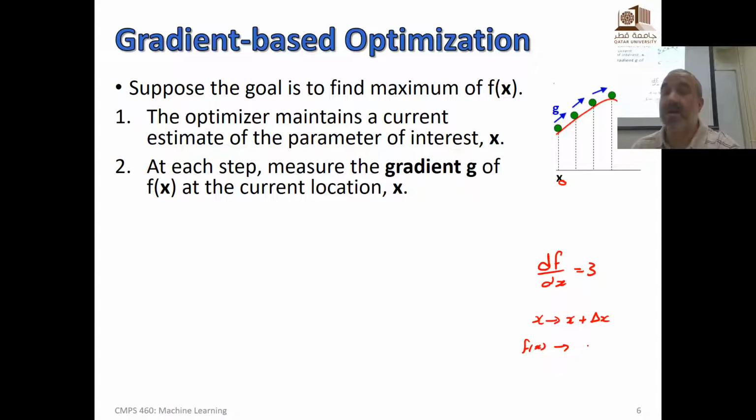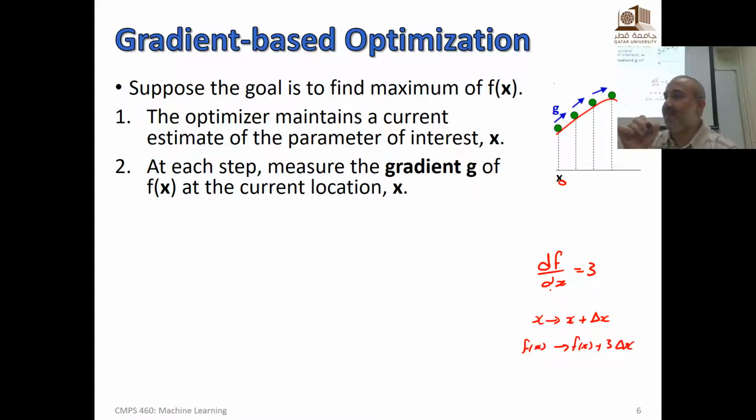It will be the previous value plus 3 times delta x. Very good. That's the meaning of the derivative at a specific value of x, of course. Okay? So that's important to understand here,